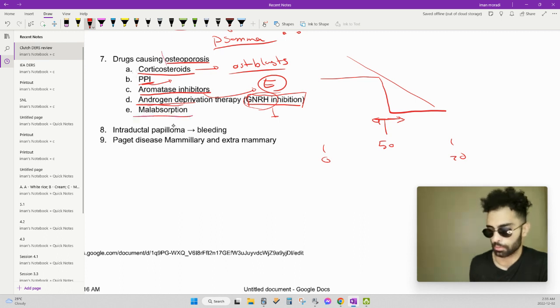Last one, malabsorption is not really a drug, but when you have malabsorption, you have a lack of vitamin D, right? We have a lack of all the lipid soluble vitamins, right? Which is what? Vitamin A, vitamin D, vitamin K, and vitamin E, right? But D is particularly important in this case because when you have something like celiac disease, let's say, it gives